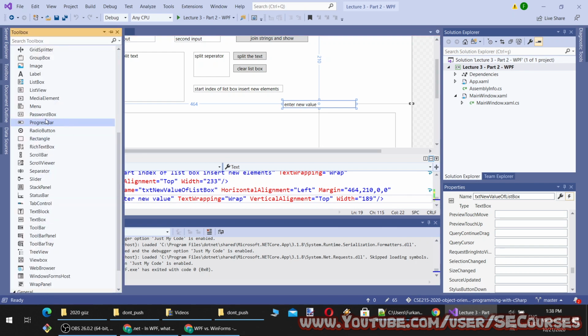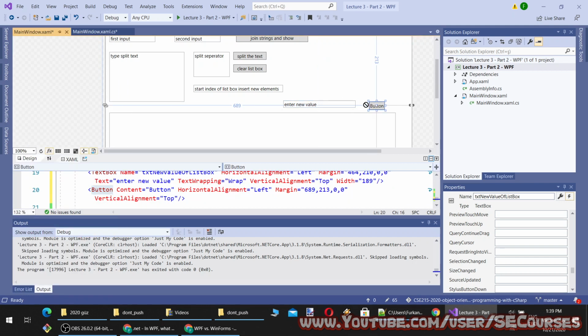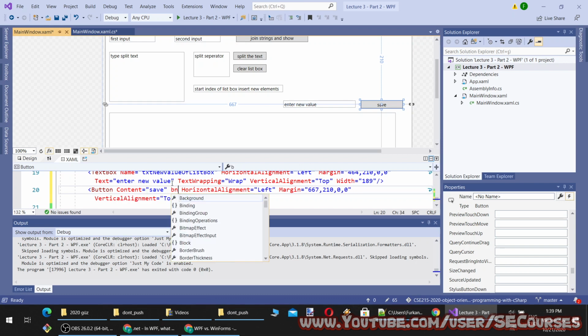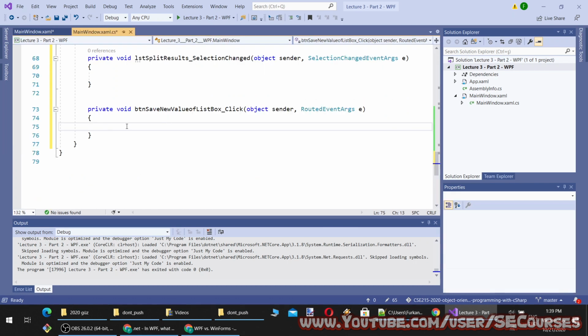And there will be a button. Okay, I double click on it, and what will it do? It will update the selected item value.